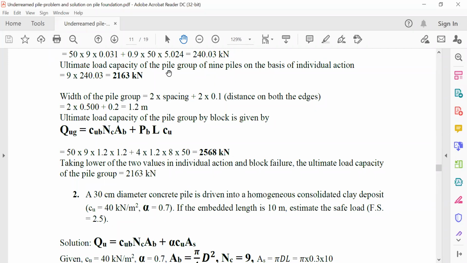So that means we can also say that the pile is going to take the load in the form of individual action. यानी ब्लॉक में है लेकिन वो सिंगल पाइल्स के रूप में लोड ले रहा है, और अगर फेल्यूर भी होगा तो सिंगल पाइल ही पहले एक एक पाइल करके फेल करेगा। इसका मतलब ये हुआ यहाँ पर, यदि मान लीजिए ये अगर कम होता और ये ज़्यादा होता तो हम उसमें कहते कि ब्लॉक ही फेल कर जाएगा, डायरेक्ट ब्लॉक ही पूरा टूट जाएगा। तो यहाँ ये कम है,